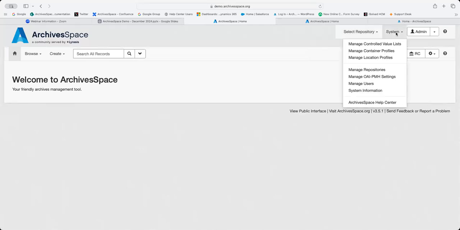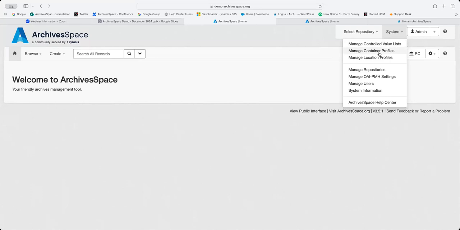From the system dropdown, again, these are really high level functions that only certain people would have permissions to do at your organization. So that's things like managing your controlled value list. Those are your dropdowns throughout the application. If you're looking at your own implementation, or if you're looking at our sandbox, those drop downs, unless they relate specifically to a standard or impact exports, those can be configured. So if you want to add additional items to drop down lists, you can do that here.